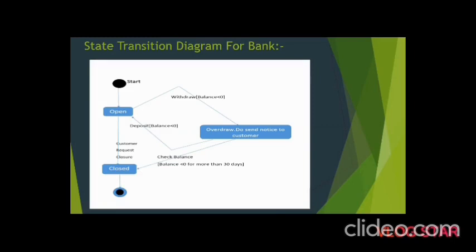Now if user deposits money in his or her account, then again account will open and state will change to open state. But if notice is sent and if the balance remains less than 0 for more than 30 days, then the account will become closed and will change to the closed state. And if customer requests for closure of account, then state from open will change to close. So this is the transition diagram for banking